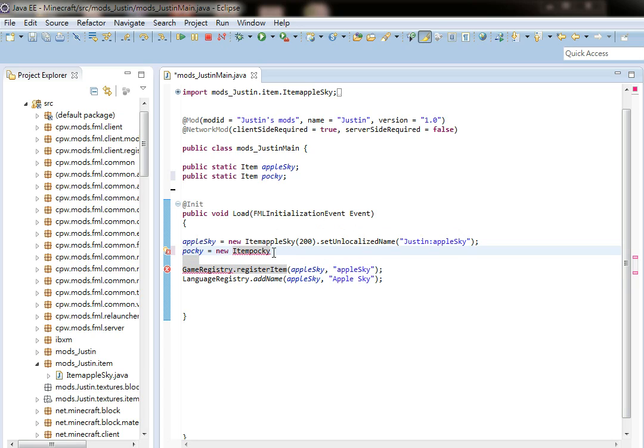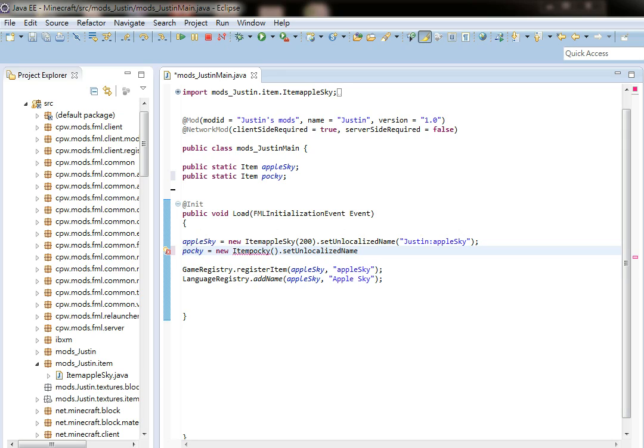For the name here, you can do whatever you want, honestly, but I like to keep it in order, which means an item is called item. So I always put the name like item or block in front of the class name, but you can name it whatever you want. It doesn't necessarily need to be item or anything like blocks. So we need a parenthesis, and inside the parenthesis, let's leave it like that for now because we need to add more things. And then we do dot set